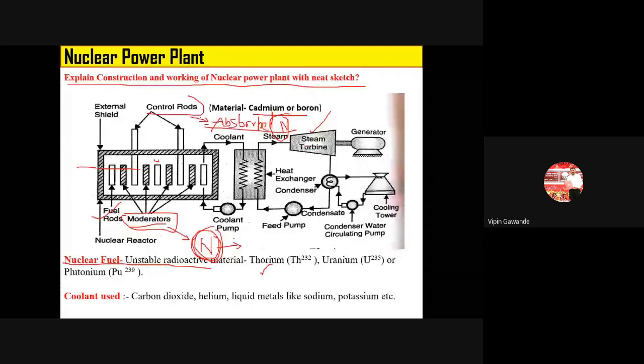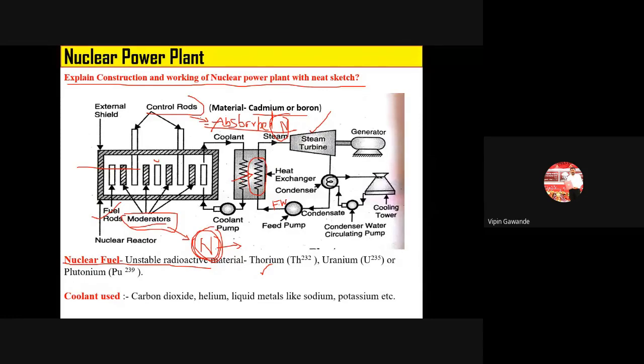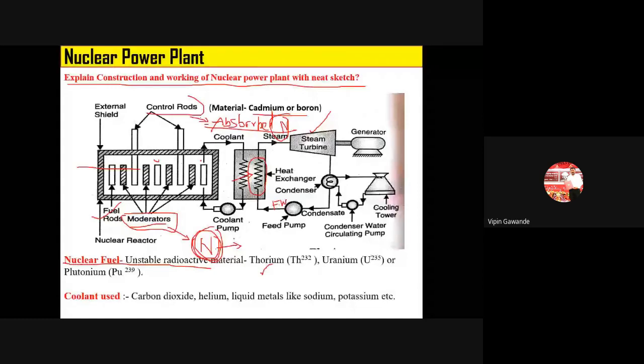Now we know that the condensate, that means this is the feed water, is coming here into the heat exchanger. In this tube we have the water. The steam turbine requires superheated steam, so here the water must be converted into superheated steam. How is the water converted into superheated steam? When it gets heat energy. Now this heat energy comes from where? The nuclear reactor. So there must be something which enters this nuclear reactor and takes the heat energy, and then that heat energy will be supplied to this water.